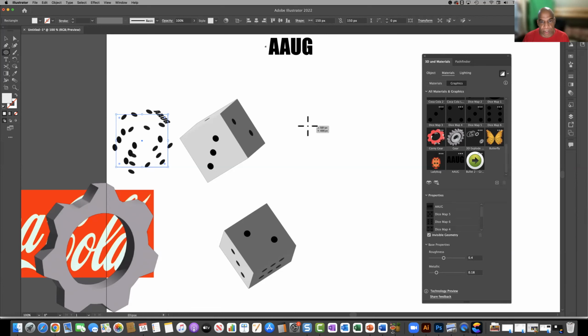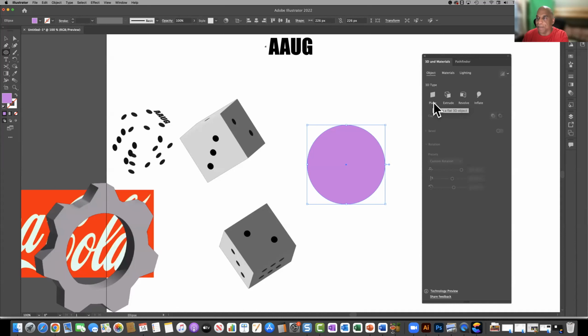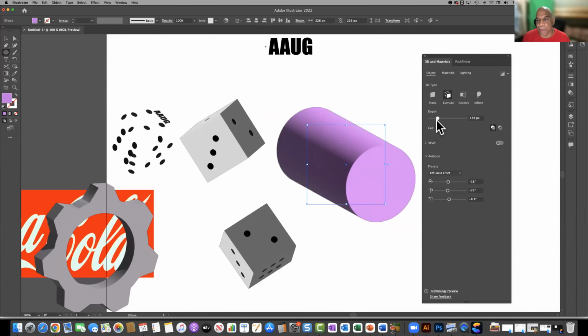I'm going to hold down the shift key to constrain it to a circle, right? And then let's just give it a different color. And again, it doesn't really matter because we're going to remove it, and it'll give it a 3D object. Now we remember, and for beginners, this is particularly important to remember, when you're creating a 3D object, if you're using the extrude, it's going to just stretch it out and give you a cylinder, right? You see that? Not what I want to do. Well, in this case it is, but